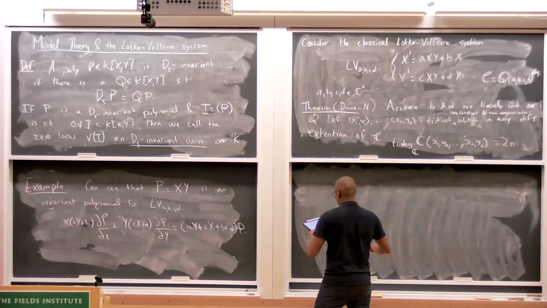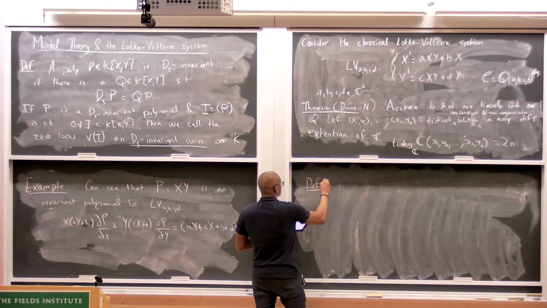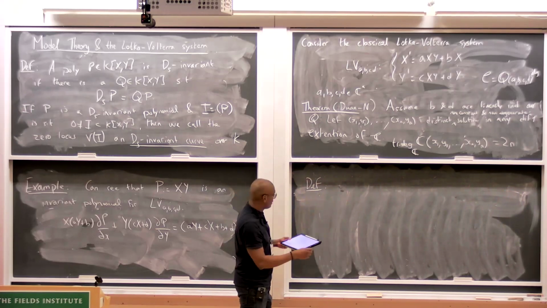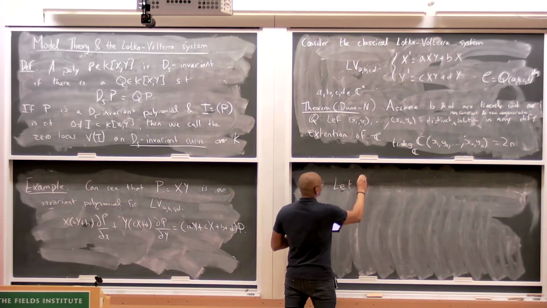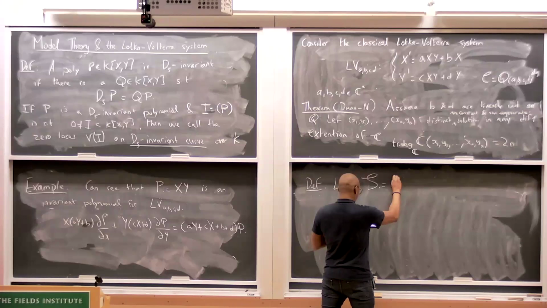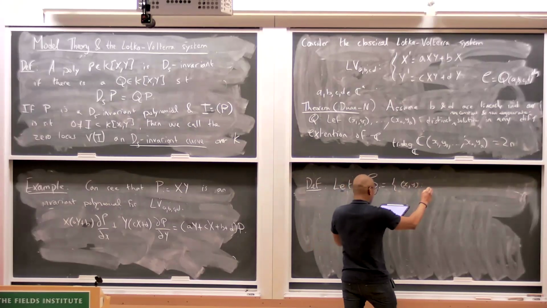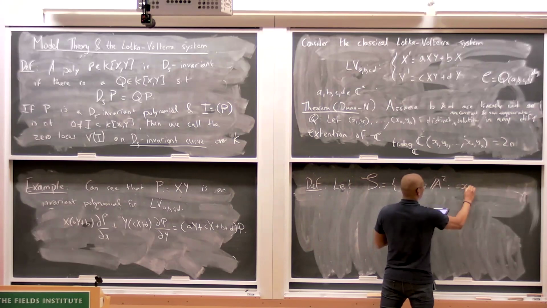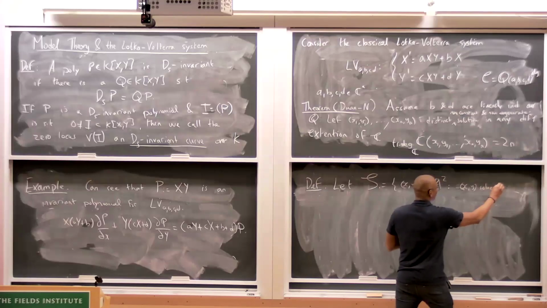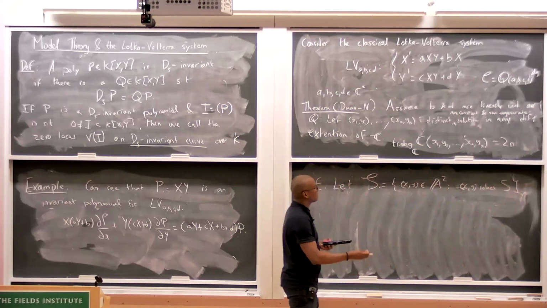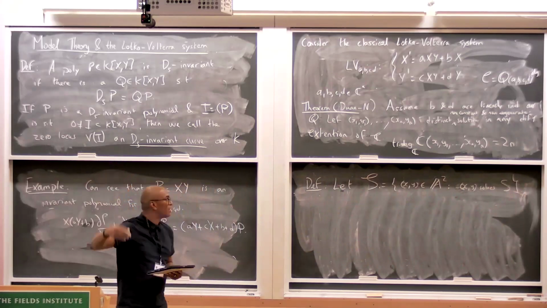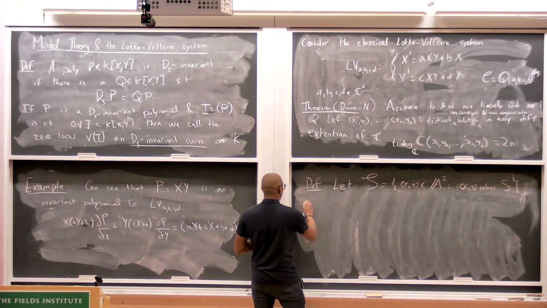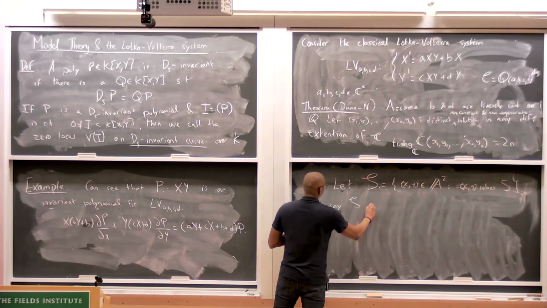So, definition. This is the definition of strong minimality in this very particular setup of planar systems. Let S be the set defined by solutions (x,y) in my field U, so I'm looking at solutions in U of a fixed planar system that's given. We say S is strongly minimal